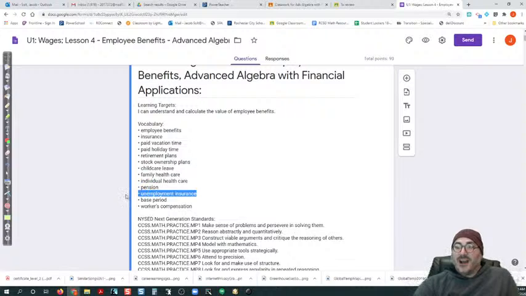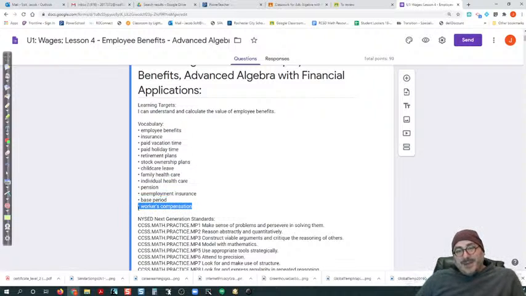Unemployment insurance. If you become unemployed, the government, the state will often provide a certain kind of unemployment benefit, which means they pay you even though you don't currently have a job, which kind of supports you until you can find your next job, right? That's what employment insurance is all about, trying to help people find their next work and support them in the meantime. And workers' compensation. Workers' compensation is about if you get hurt on the job, you'll get paid even though you're hurt and you can't work right now. Okay,